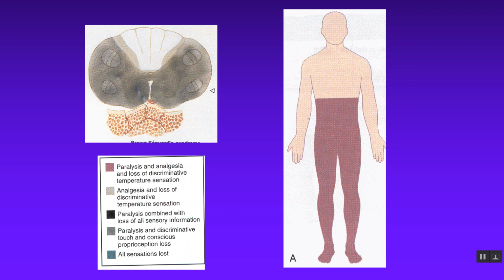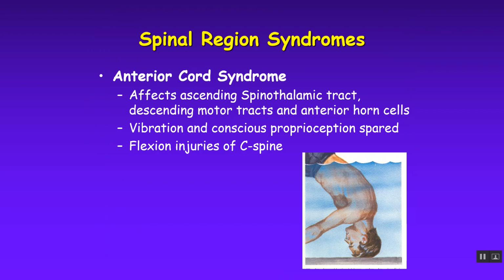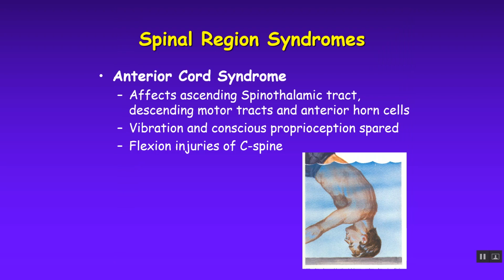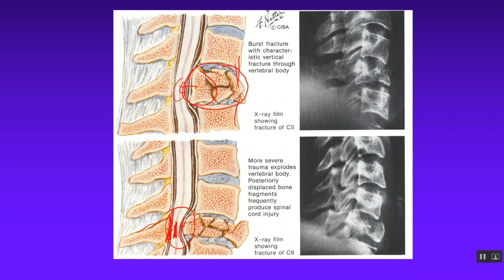The other thing it tends to do, this is showing, yeah, this is an anterior spinal cord syndrome, not a central cord syndrome. I'm sorry, I was telling you guys central cord syndrome. This can lead to central cord syndrome, but we're talking anterior spinal cord syndrome here, so sorry, I was starting to get a little confused and go down the wrong track there. So this affects the front part of the spinal cord. In this case, what this vertebral fracture has done, it can cause a central cord lesion in some cases,